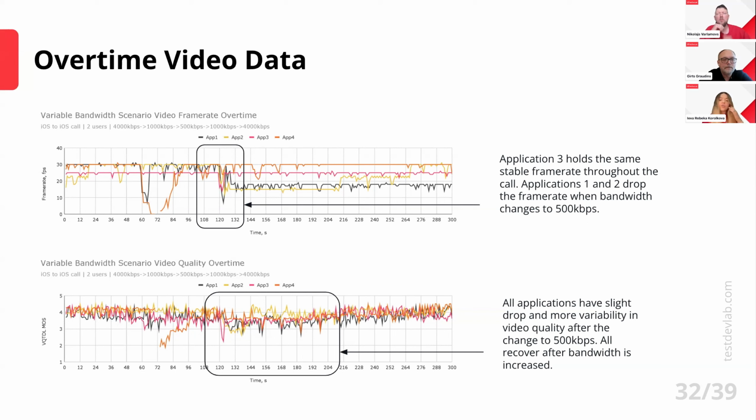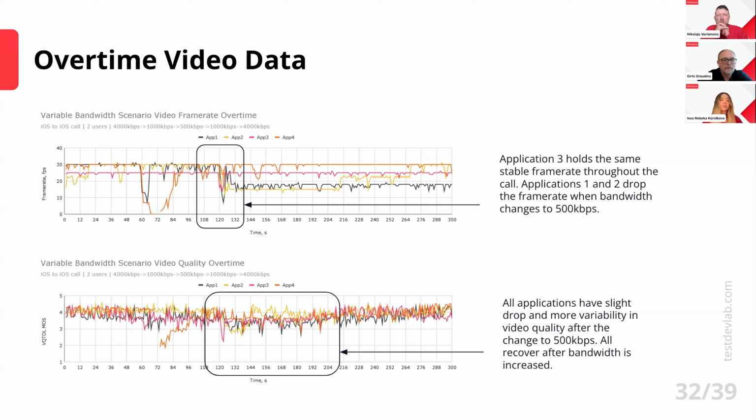And on the bottom graph, you can see one big finding. First of all, the applications are dropping the video quality on 500 kilobits per second. And basically that is done to optimize the performance and ensure that the call keeps going, even with a bit lower quality, but still maintaining